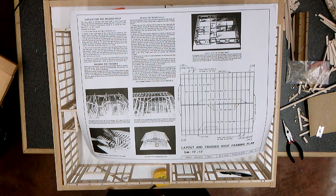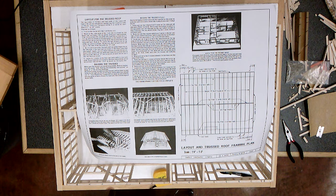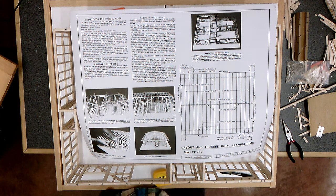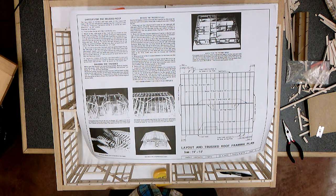Okay, I have not cut the ridge blocks, so I'm going to look at what sheet that's supposed to be on. I don't see that at all, so I'm not sure where those come from. Right now, again, I'd like to state we are 56 hours into this project, and we're about to get these trusses up. Now, I don't have those ridge pieces, so